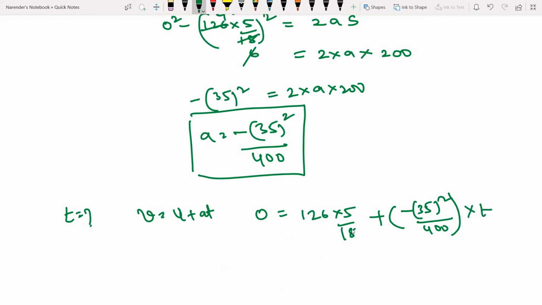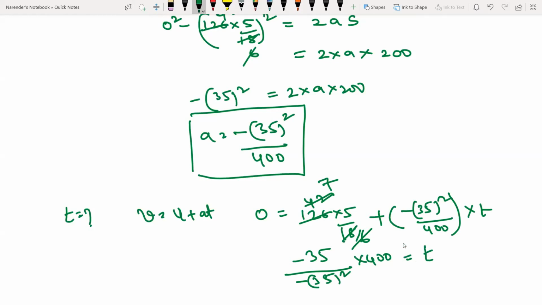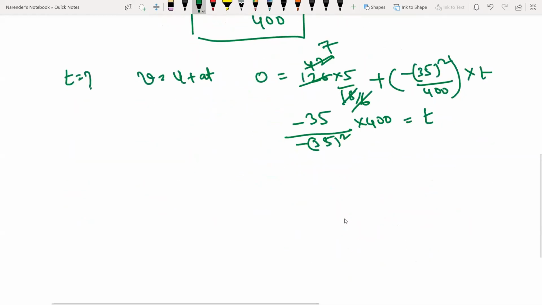So minus 35 by minus 35 square into 400 is equal to t. Now that implies 400 by